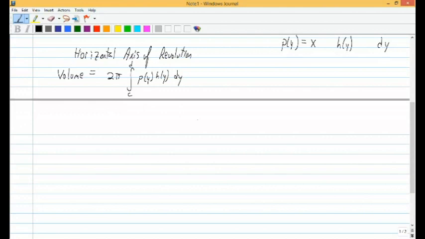So remember that with the disk and the shell method, if you have a horizontal axis of revolution, you want y equals x. It's just the opposite with the shell method. If you have a horizontal axis of revolution, you want x equals y. All right, and so for a vertical axis of revolution,